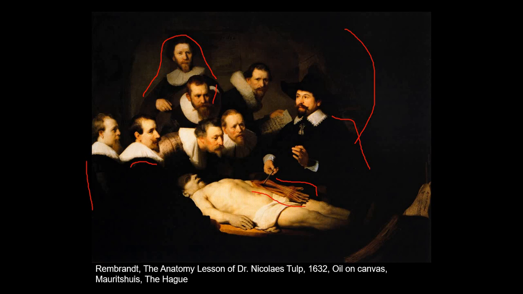Now, the anatomy of the hand is often one of the most difficult to get, and it has so many tendons, so many nerves and blood vessels, that this was the most difficult part of anatomy. And so that's a way of highlighting his achievement by showing off the hardest part of anatomy. But I love how the light is used. If you think back to Caravaggio, remember how he used light as a kind of emblem of spirituality. That the light came from the spiritual figures and landed on the spiritual figures and then emanated outwards to the people who were more worldly or spiritual.